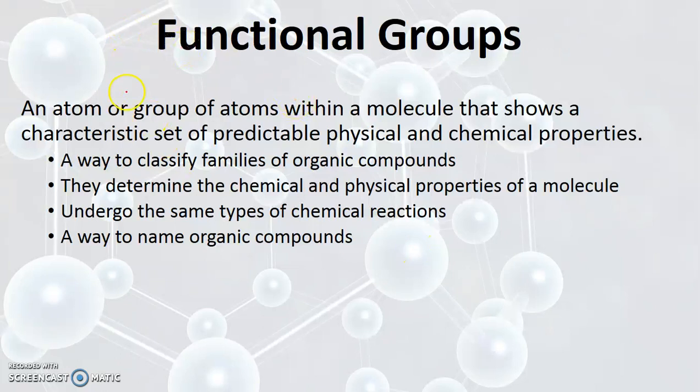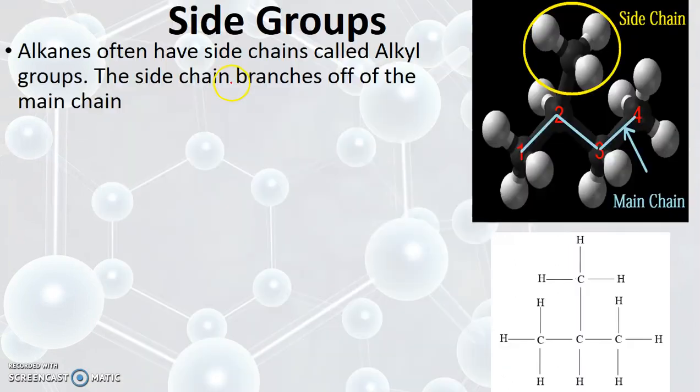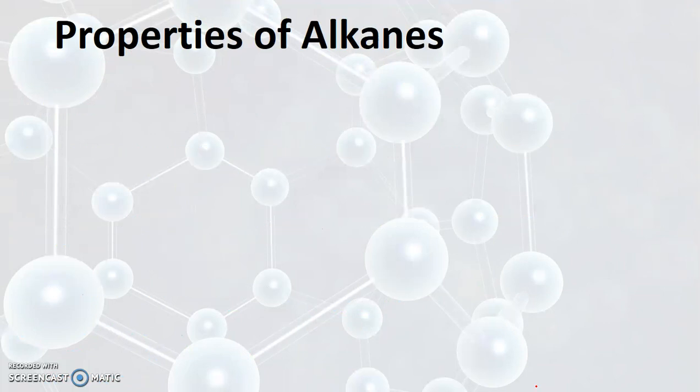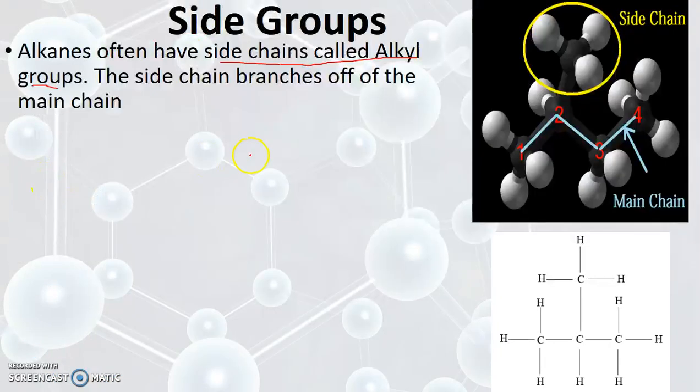Functional groups, which we'll look at a little later, are just side groups or some sort of group that gives a molecule its properties. Today we're strictly looking at the alkane functional group. In alkanes, we have side chains, which are called alkyl groups. So going back to this example of 2-methylpropane,